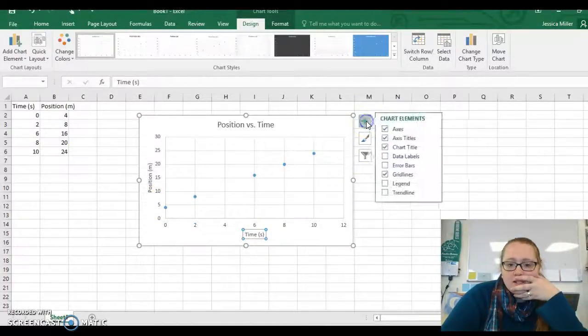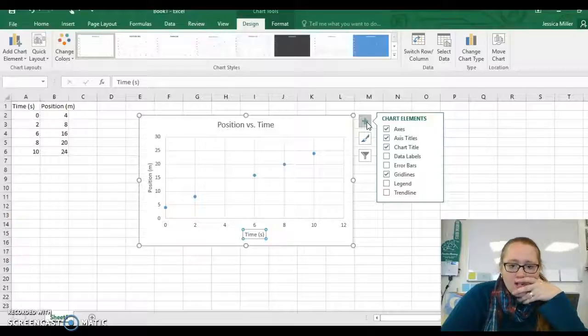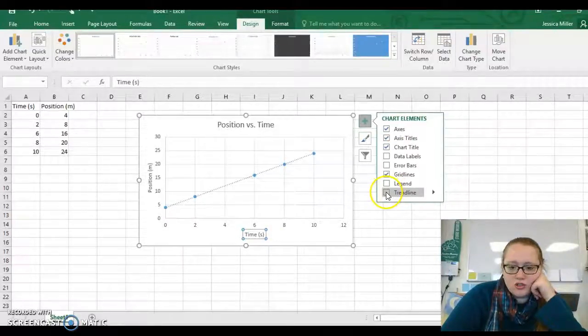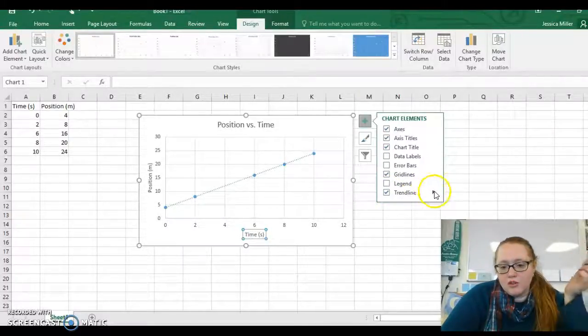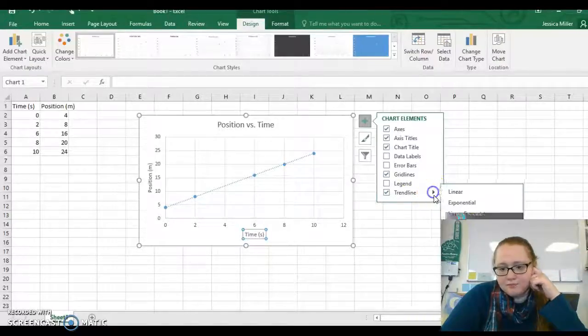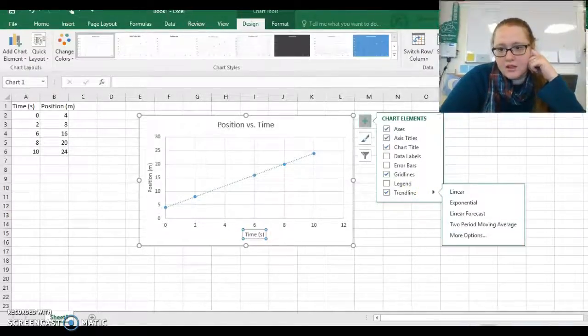Now, you need to be able to do a trend line. So I'm going to go over here to add chart elements, go down to trend line, make sure that's checked. Not only do I need the trend line shown, I also need the equation shown. So if you click this right arrow and then go to more options,